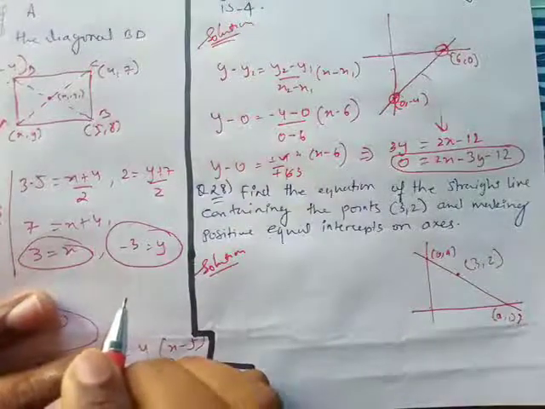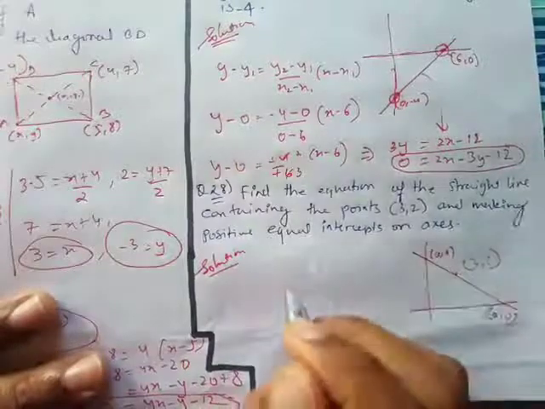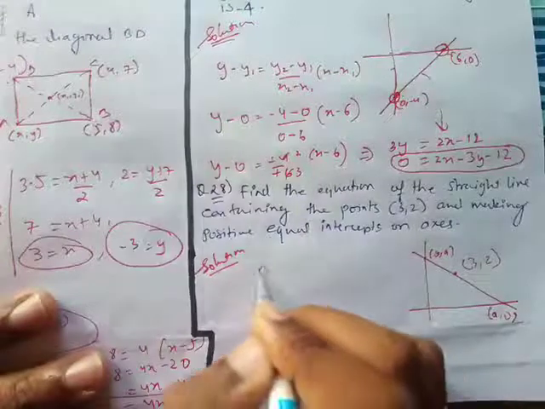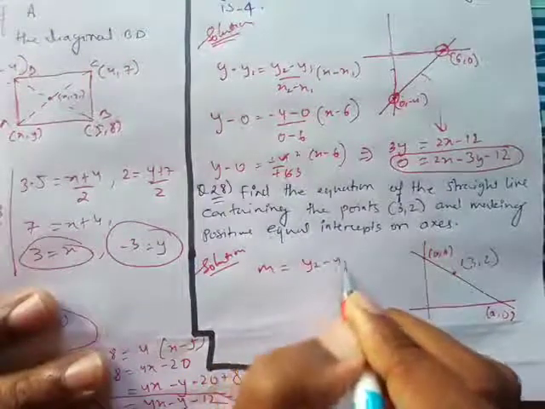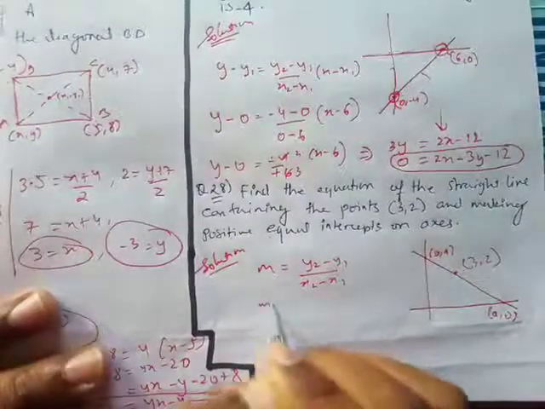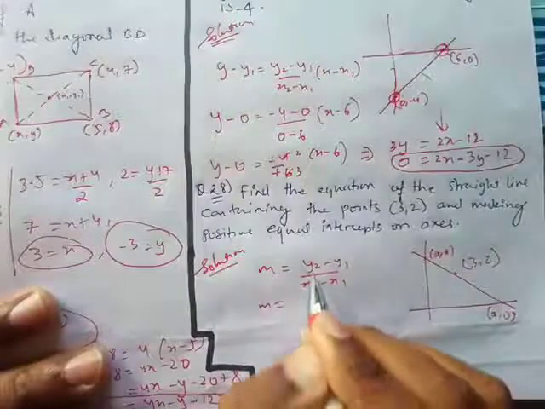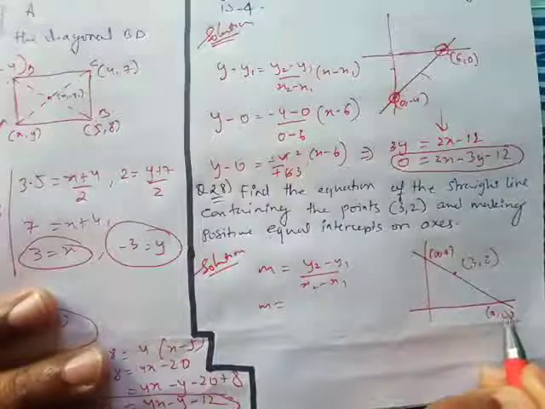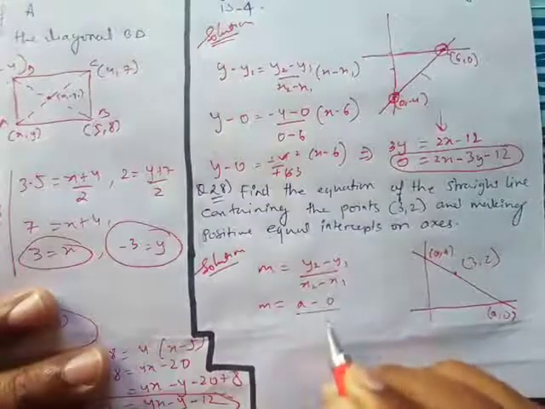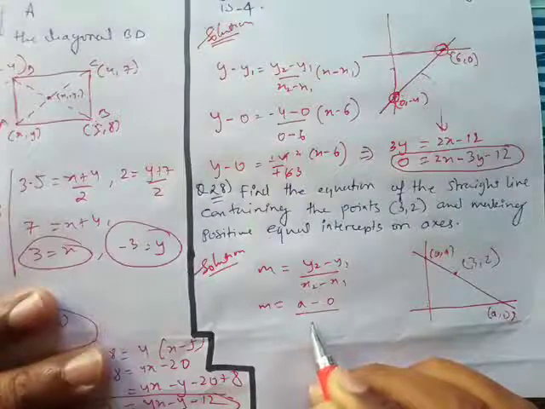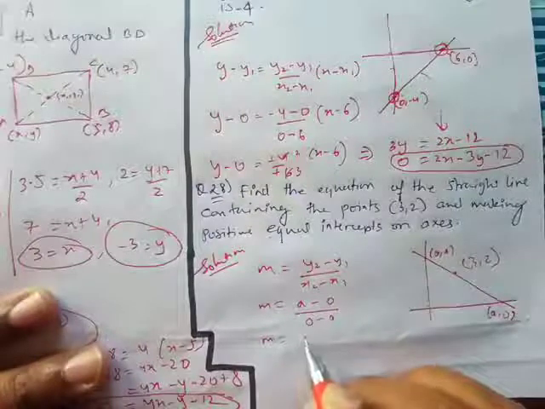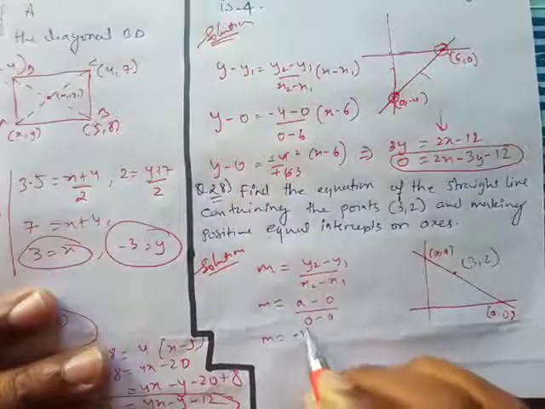Okay, let's see how to find the slope of this line. Any idea, anyone? Finding the slope of this line: m is equal to y2 minus y1 upon x2 minus x1. Do you all agree? So I'll use both of these points and write x1, y1, x2, y2. So a minus 0, and then 0 minus a. So m is going to be what for me? a and a will cancel, leaving -1. m is going to be -1.